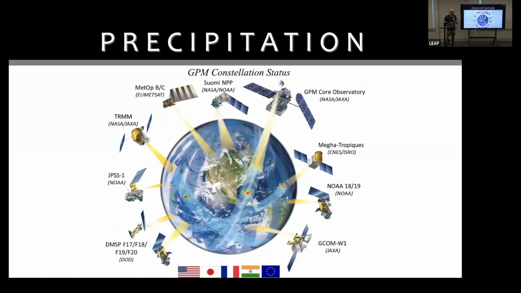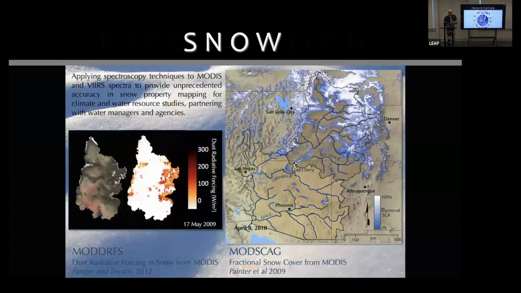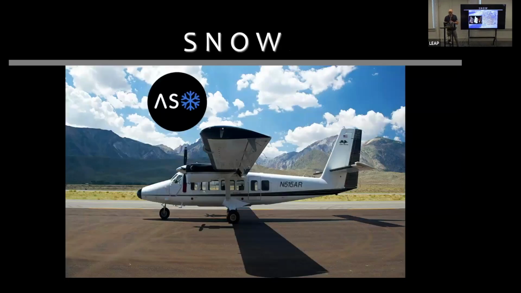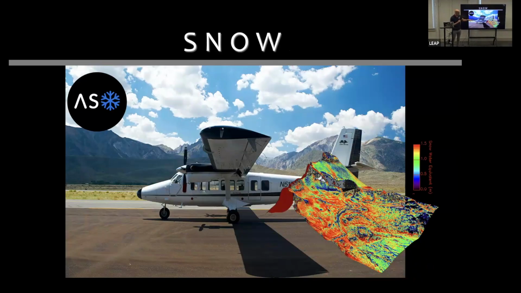So I told you about TRMM before that has now evolved into the Global Precipitation Measurement Constellation across agencies. For snow, we can see snow, but it's still hard to tell the snow depth or the snow water equivalent. You can do it from airborne LiDAR. My friend Tom Painter flies his planes over mountains before it snows with LiDAR, and then after it snows, and you can see that surface change and also hyperspectral to look at albedo and melt rates. Still hard to do from space, though. And that might change over the next decade.